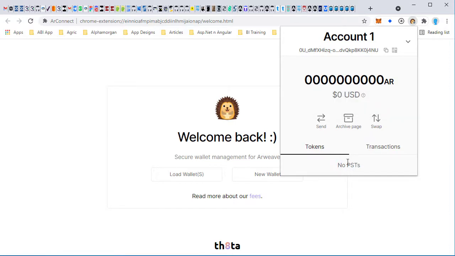When I have profit sharing tokens like Permabots or Veto tokens, they will show here under tokens. Here I can see my transactions. And here is my wallet address, which I can copy and then send to someone so they can send me any Huawei based assets, either Huawei or a PST token. So that's it. That's how to create a Huawei wallet using the HackConnect wallet.